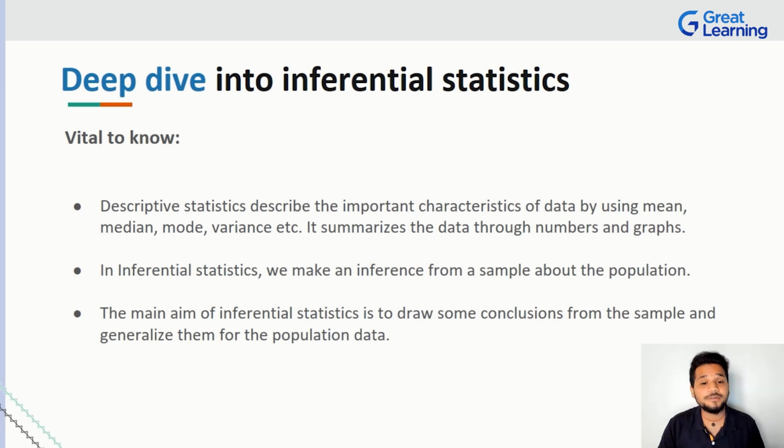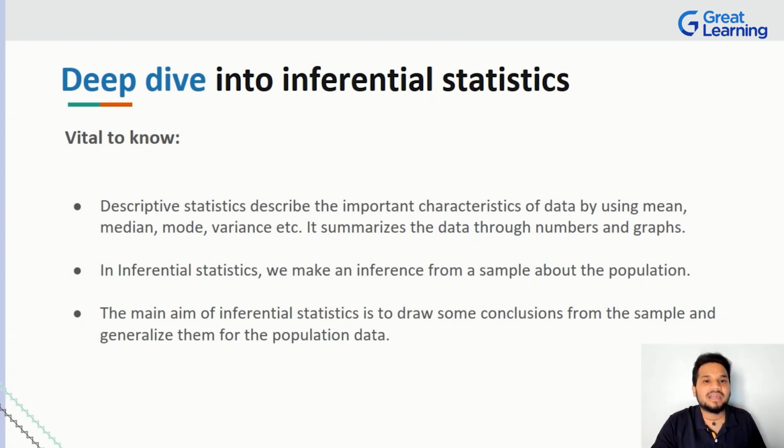Now, as I told you, whenever we use a concept, let's just say such as descriptive statistics, you have to understand that descriptive statistics is a domain that is describing the characteristics of the data. Now, you can use various metrics to go about doing it. The example I gave you basically spoke about colors and sports model and all of that. When you describe the data, you can in fact describe it on the lines of mean, the average. You can talk about the median, the middle element. You can talk about the mode, the one that is common. So what you can basically do at the end of the day is you can use mean, median, mode, variance and all of these concepts to basically summarize your entire data, describe the data by making use of numbers, by making use of graphs and whatnot, right?